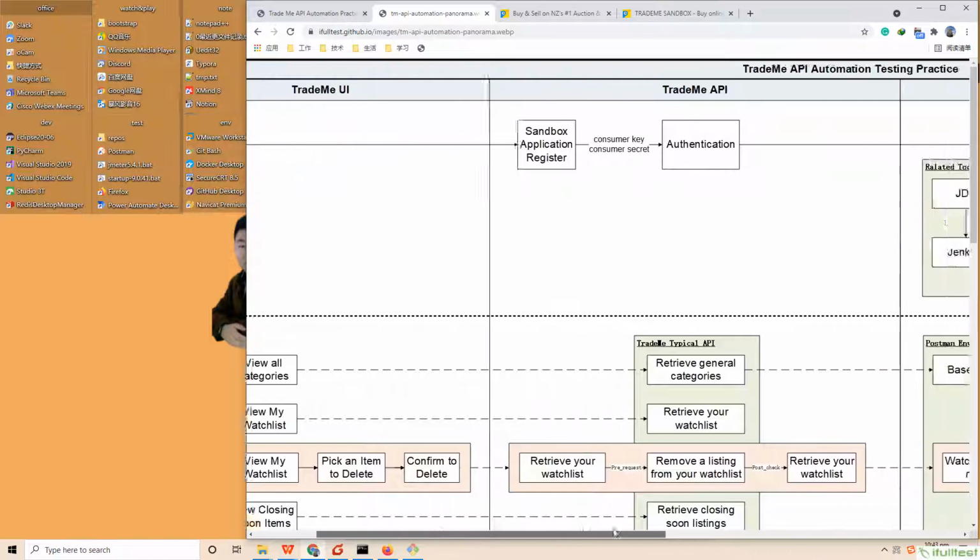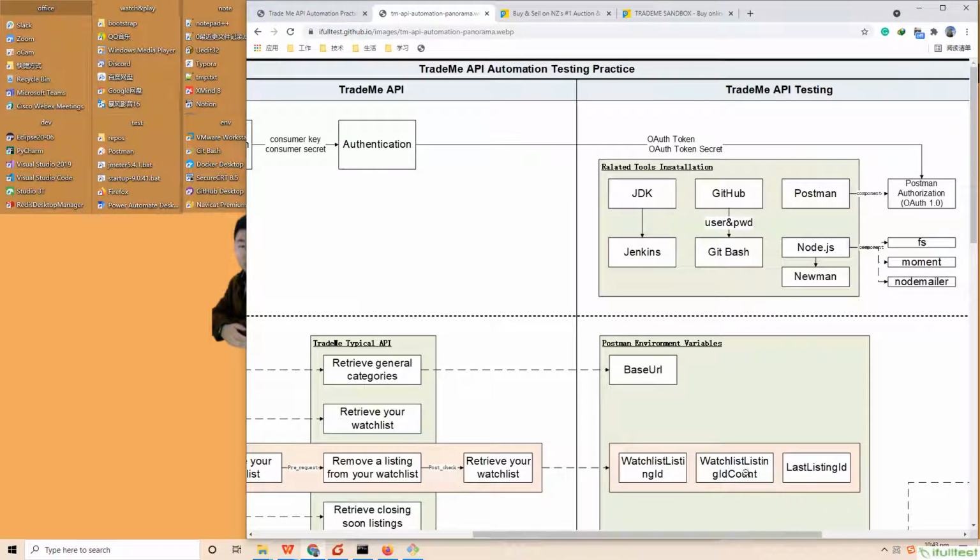Continue to finish authentication. You get the token and token secret. Combined with consumer key and consumer secret, Postman can fully get authentication to access all the TreatMe APIs.